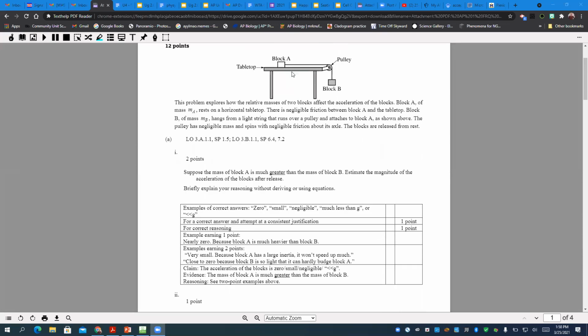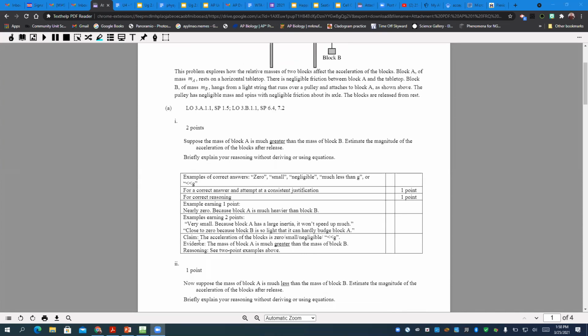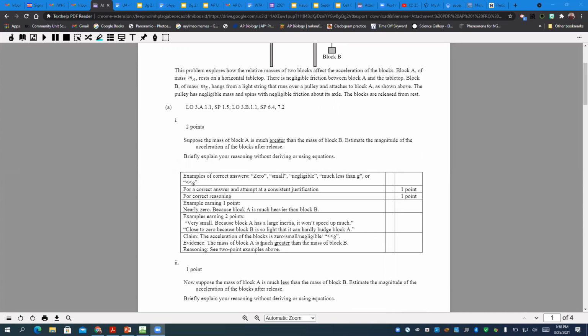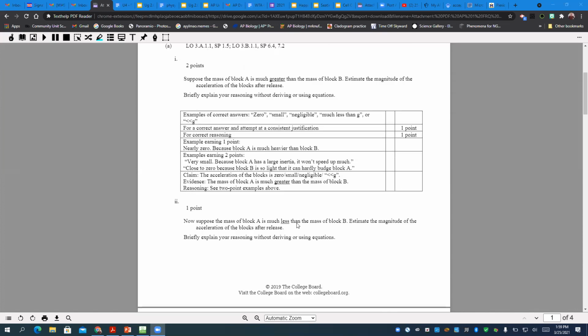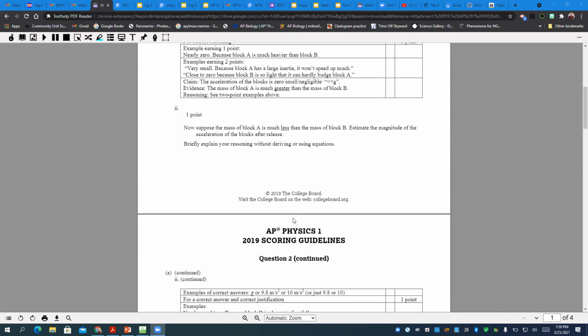It's talking about the relationship between the two, talking about inertia, something like that. You could also just make it into a CER. You could say the claim, the acceleration of the block is 0 or small, negligible. Evidence, the mass of block A is much greater than the mass of block B. And then you could use one of these examples for your reasoning to get the point too. That would be perfectly fine formatting for A1. For